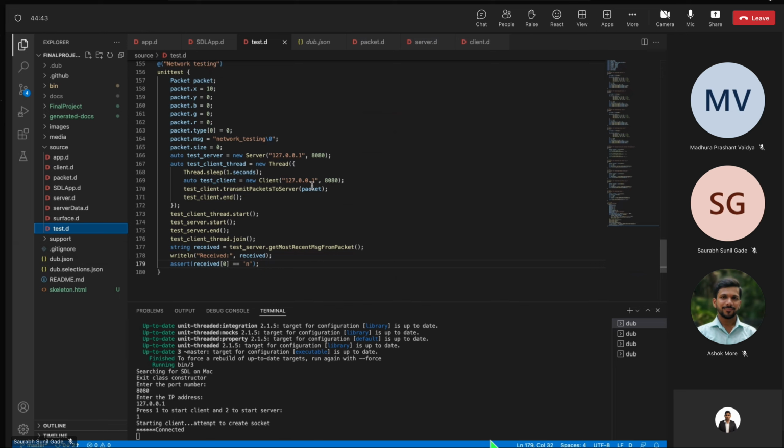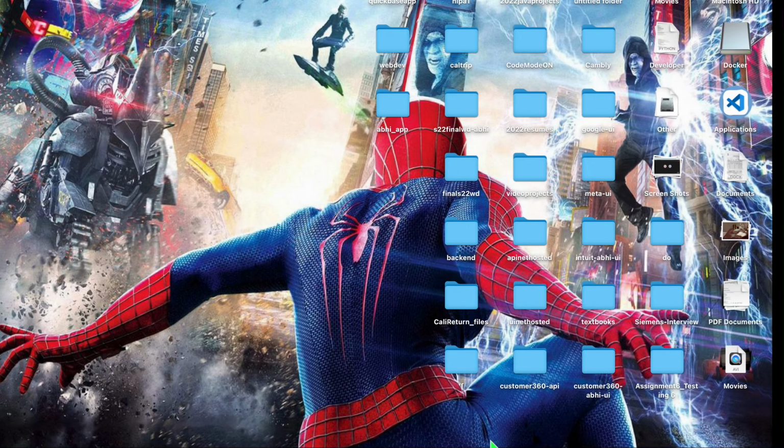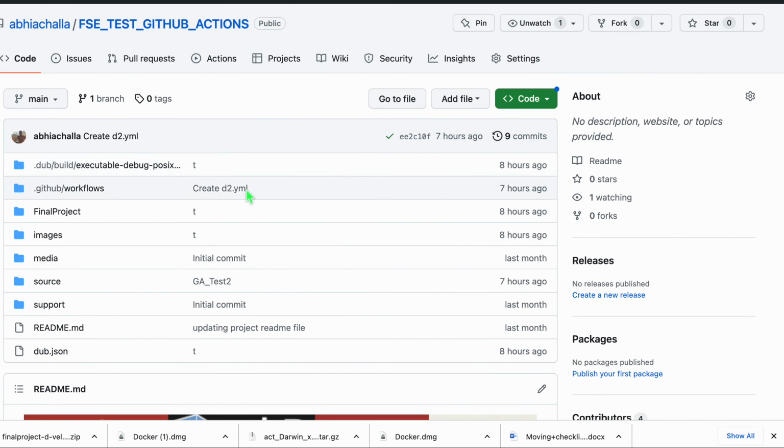The most interesting thing which I found, and we used, was GitHub Actions. This was to continuously test whenever an event is triggered. Let's say the event is a push to the repository, or there's a pull request. So let's have a demo on how we figured out the